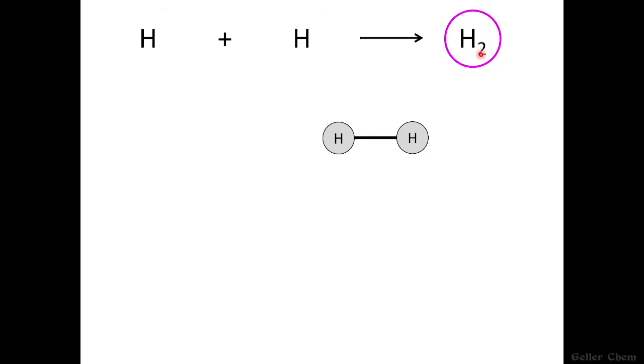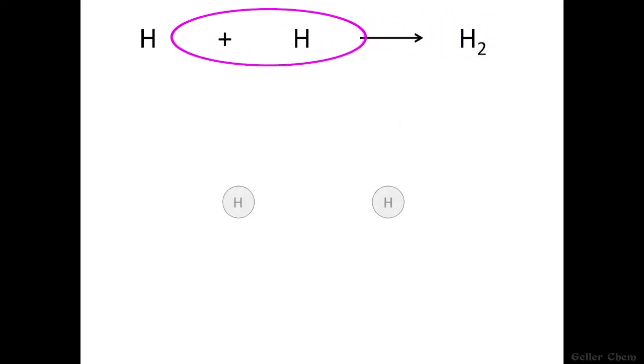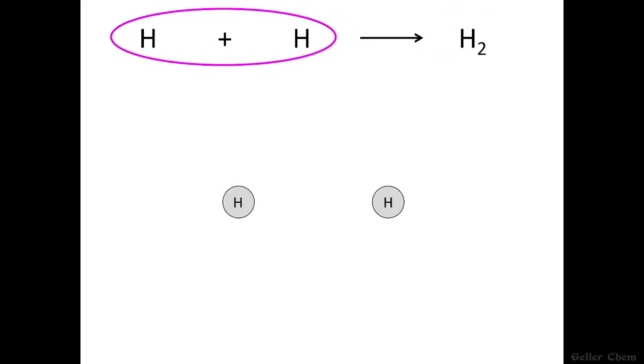Now it's this subscript here that tells me that these two hydrogens are bonded together to form this unit known as a molecule. This brings us to the concept of subscripts versus coefficients. Now to understand coefficients, let's think mathematically. And I'm going to shift our focus back to the reactant side of things. Now in math, we know that if we were to write 3 plus 3, well, that's really the same as just saying 2 times 3, right? So similarly, with a chemical equation, if I say hydrogen atom plus hydrogen atom,